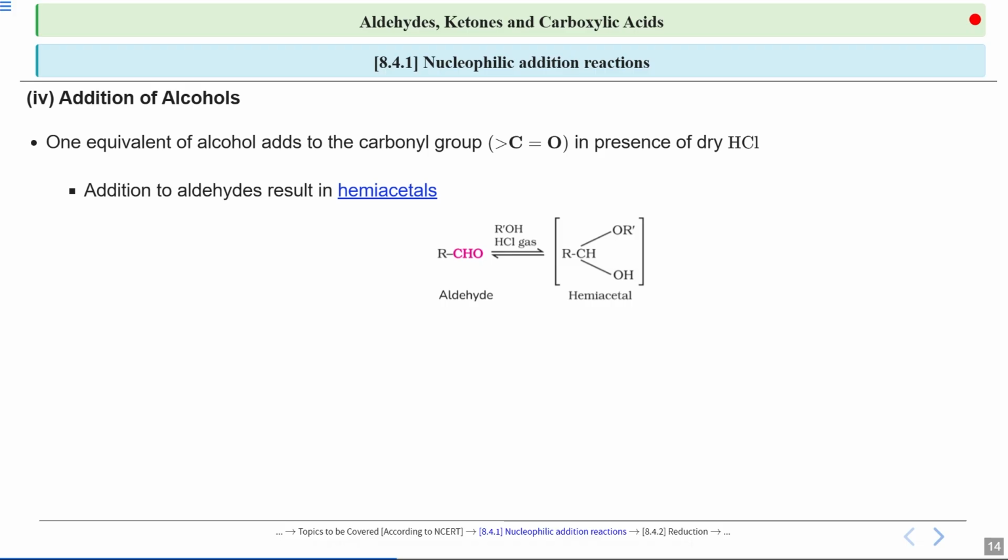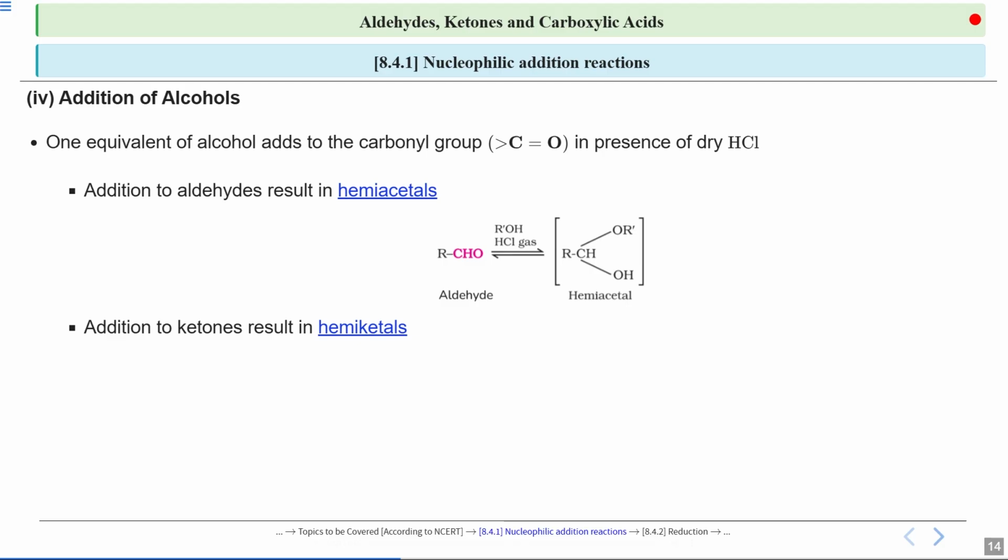If you look at this particular image, you will see this is an aldehyde. When you treat it with the alcohol in the presence of HCl gas, you get a hemiacetal. Now we will discuss this mechanism in an upcoming slide. For now, you see that this is an aldehyde. When you react it with an alcohol in presence of HCl, you get a hemiacetal. If you see over here, to this carbon, one OR group is attached and one OH group